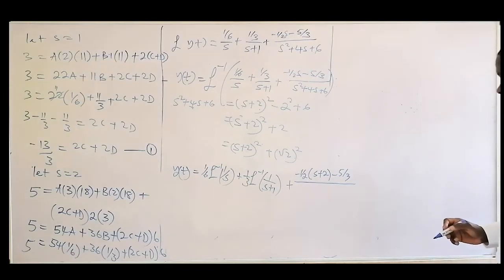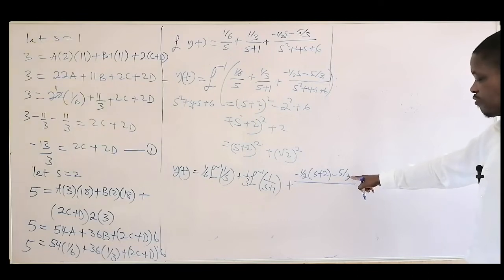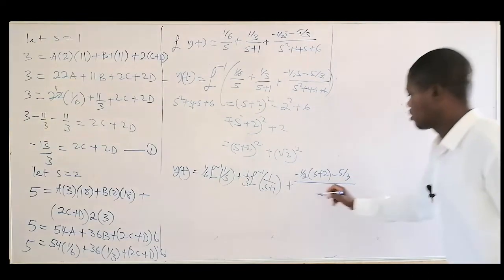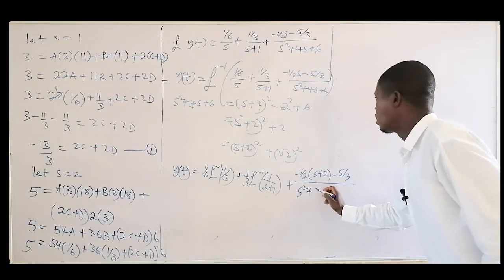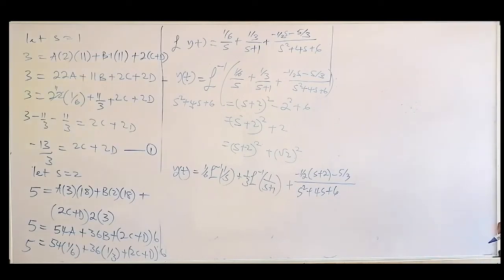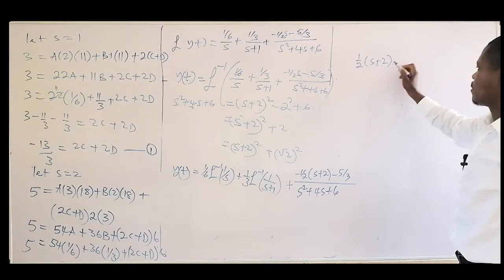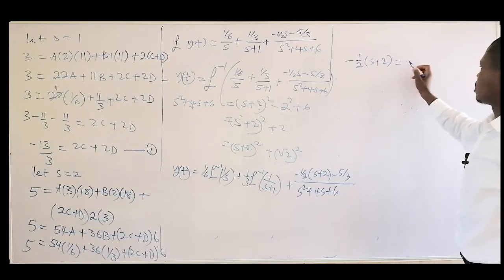Minus 5 over 3. But here we are going to do something there. It can't be 5 over 3 again, but just a minute, s squared plus 4x plus 6. So what I'm going to do there is I want to expand this half into bracket s plus 2. That's what we have there, and that will give us